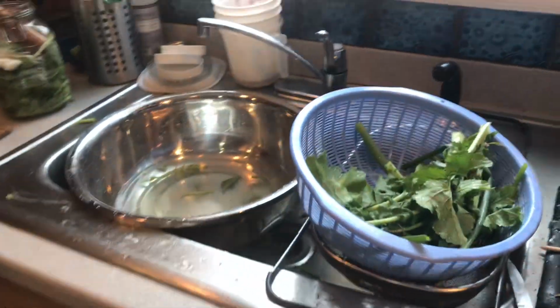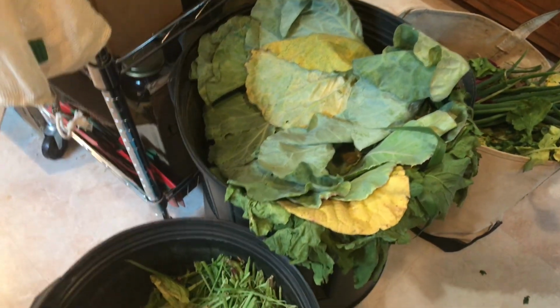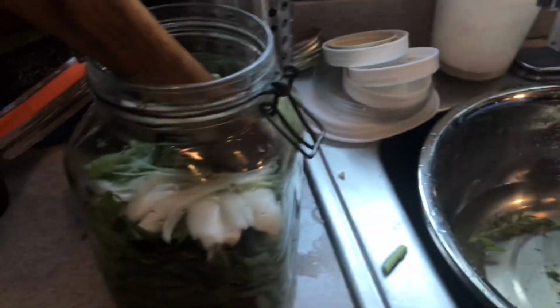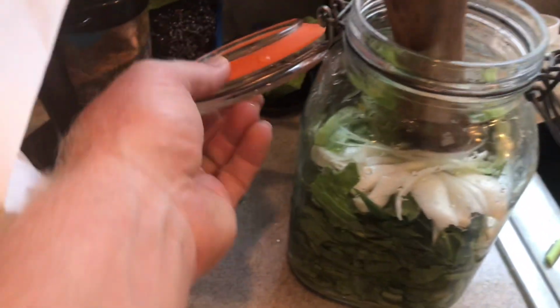You might think this is interesting while I'm making a mess in my kitchen. So I've got an abundance of veg, and I don't have any place to store all of it because it's a lot of vegetables. And so what I usually do, it's so secondhand to me that I don't really think about it much, but I often will preserve in these jars, these sealing jars,